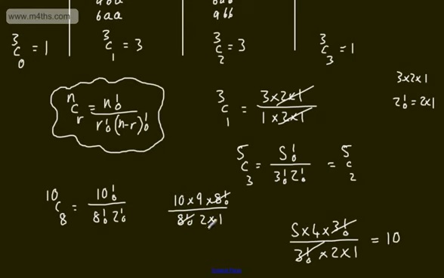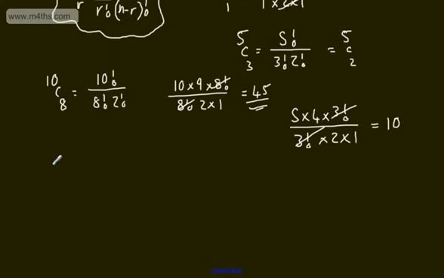So we end up with 90 over 2, which is going to give us 45. So that now is finding 10C8 if we wanted to do that. So essentially what this is going to do, if we're expanding, let's have a look at an example of this. Let's say we've got (a + b) to the power now of 10. So what we'd have now is